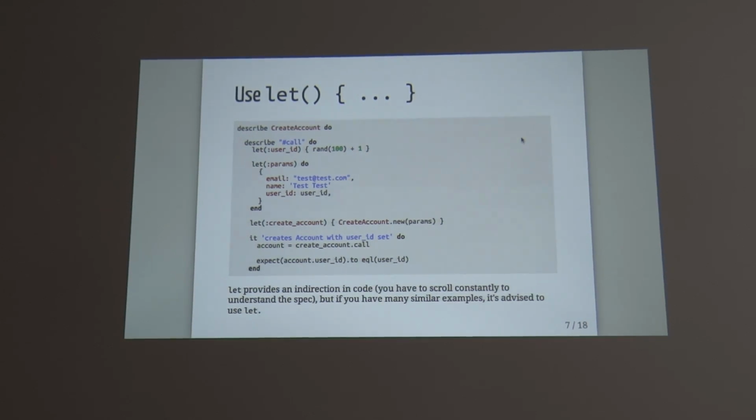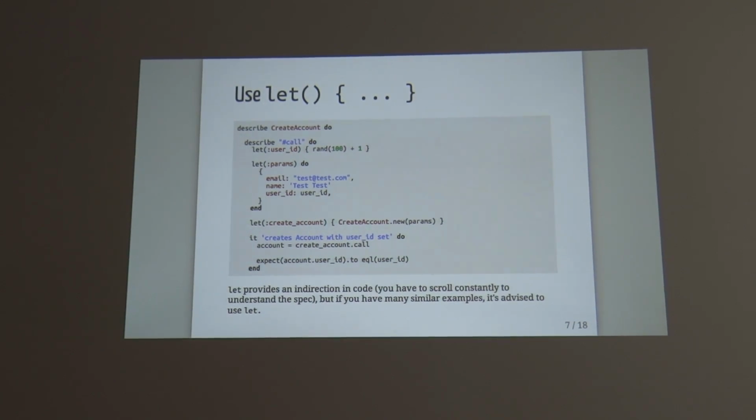There's one caveat that this is a little bit of indirection. When you normally read specs, you start from the it block, and you have something here that you don't really know what that is, and you have to scroll up. What is create account? Create account is this. Oh, okay. Now what are params? Okay, params is this. Okay, what is user ID? Okay, and where was I? And you have to scroll down, and so this is not entirely great,